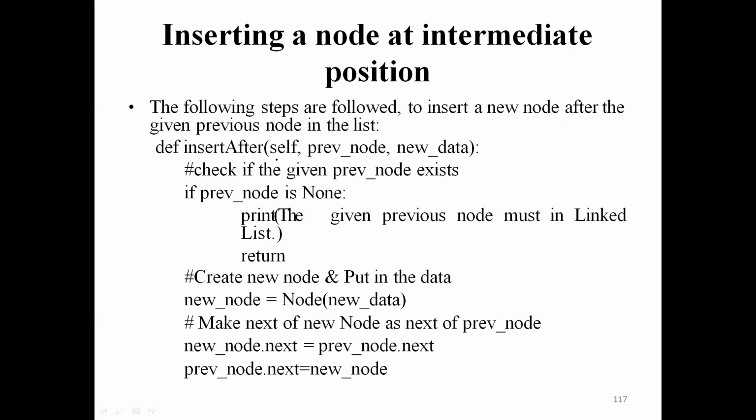So how many inputs is it taking? I mean, how many arguments? 3 arguments. The particular node, that is our current node, after which I am going to insert. And this is the data of the newly created node, that's the new data, and it tells about the self node. That we'll see. It's a kind of pseudocode only. You can call this a pseudocode.